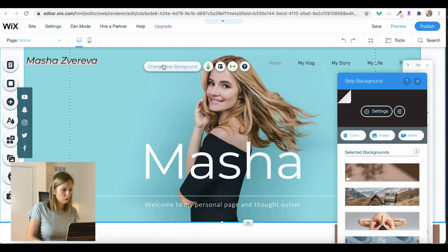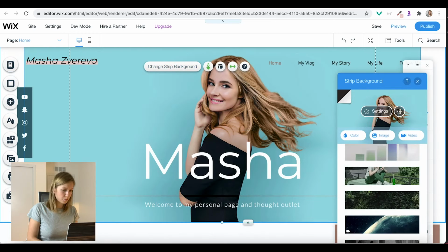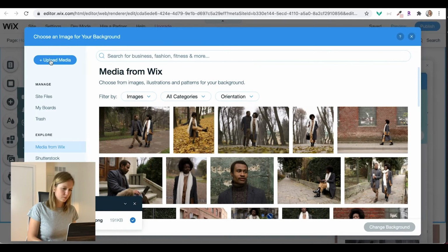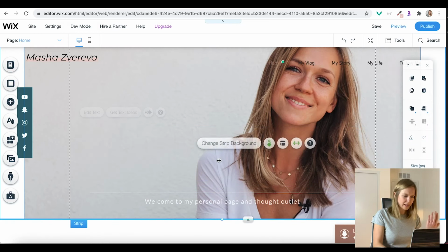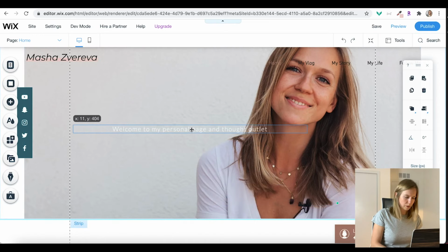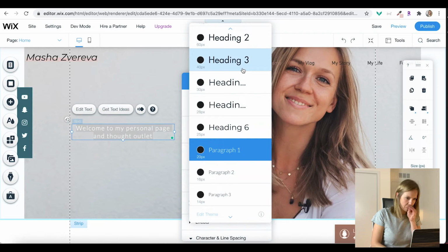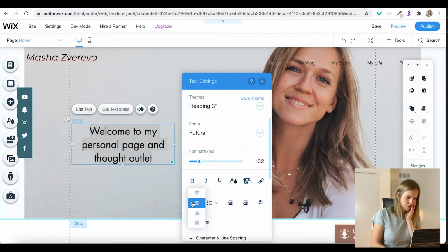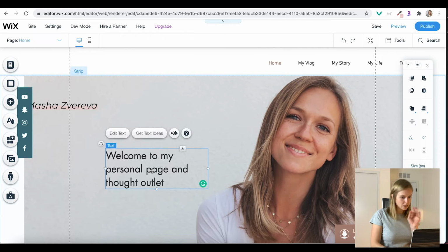Let's change strip background to a picture of, I guess I'll upload a picture of me. Great. You know what? I don't like this whole Masha thing. What we're going to do is we're going to place this. I'm going to make it a heading. Great. I love this. Might change the fonts later on because I'm not in love with this, but this is